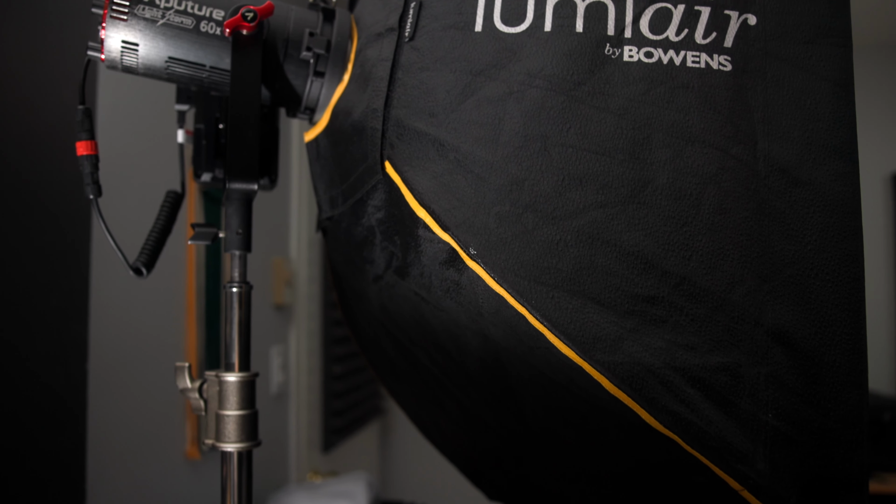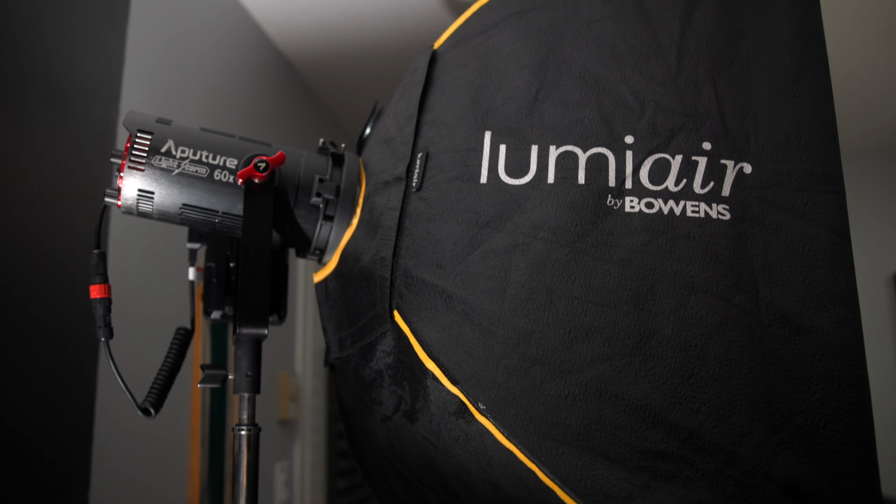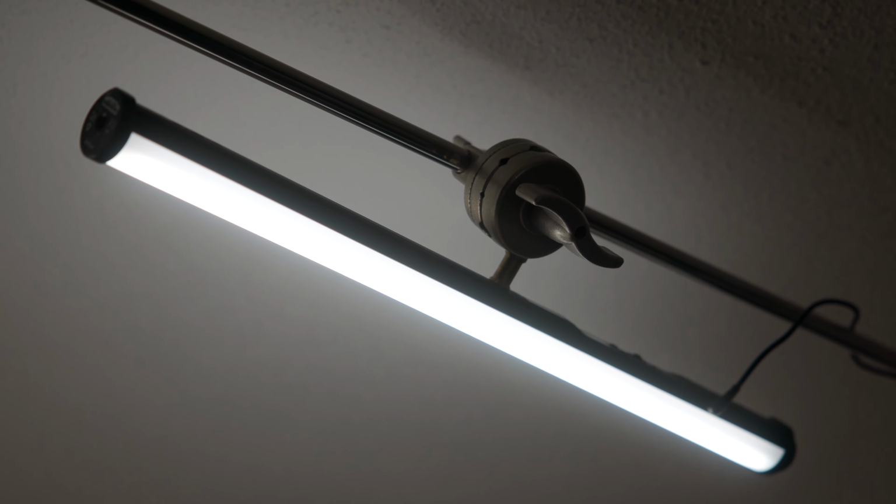So here we are in our setup that we're going to use for this test. Right now, I just have the 60X at 80% going through a square, old school, generic softbox that I've had for 800 years, but it is fantastic, so I keep it. I also have my B-cam set up just for the idea of what it would look like normally. I have 3 tubes in the back. One's just a hair light, and then the 2 are on the shelving unit back there just for aesthetics,